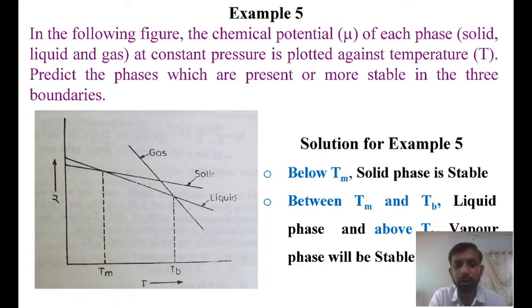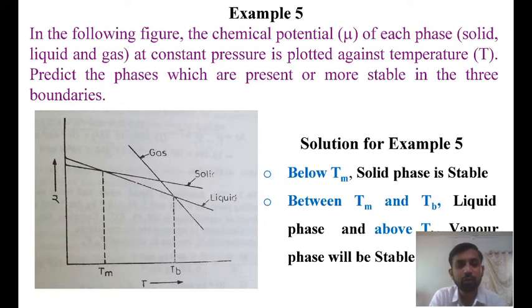Dear students, remember the most important partial molar quantity in physical chemistry is the partial molar free energy, which is designated by chemical potential. The chemical potential of any component is defined as the change in the free energy of the system if 1 mole of the component is added at constant temperature and pressure to such a large quantity of the system so that no appreciable change in the composition of the system takes place. Now see the solution for this example.